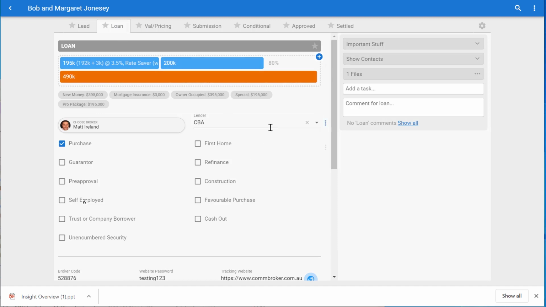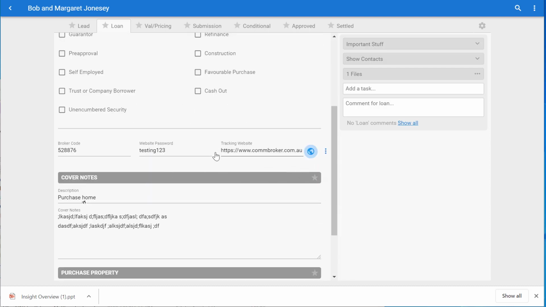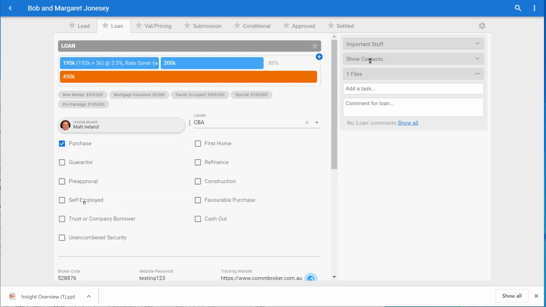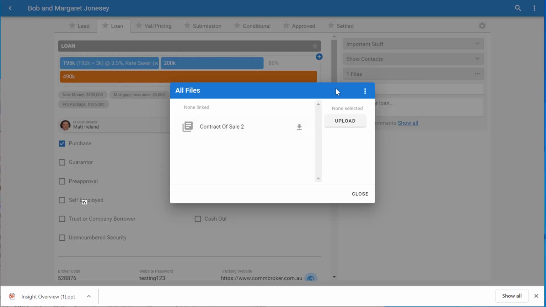Loan tab. If I want to go back at any time to see all of my files, I can go back and see an individual file from where I put it in, which is like I just did then. But I can also go to this file register over here where it says one file, and when I click on it, it will take me into the list of all the files that have been uploaded. From there I can upload random ones if there's no particular upload button for it. And I can also